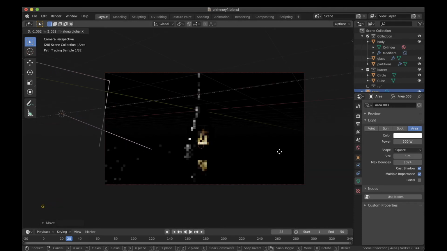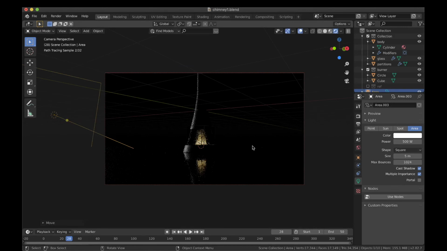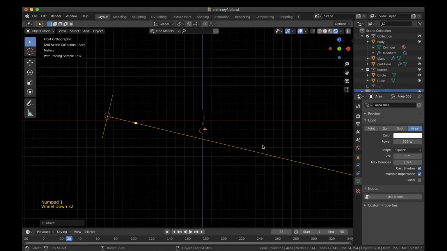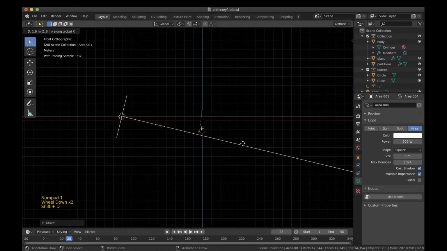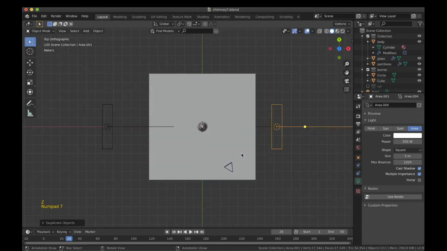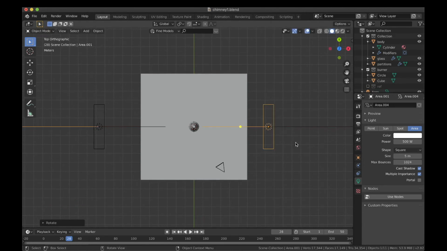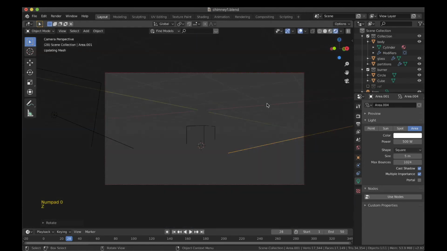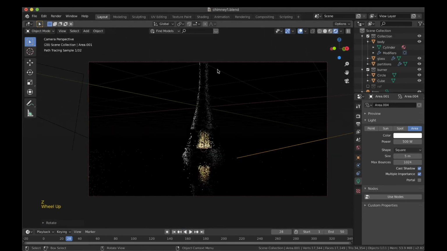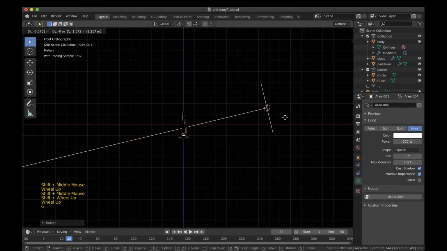So now if you want that effect over here, you can keep the lighting to this point, but I'll move it away. I'll replicate this lighting on the other side as well. I'll press Shift D. I'll press X to locate. I'll go to object view and then I'll rotate it by 180 degree along the Z axis. Let's see how it looks. As you can see, the lighting on the right is a bit off. That's because the angle are not matching. I'll go to front view and I'll set the angle properly.